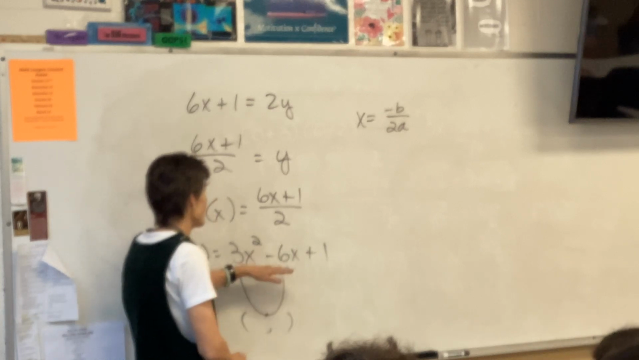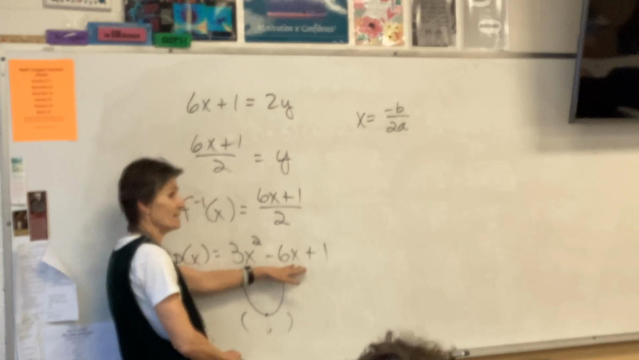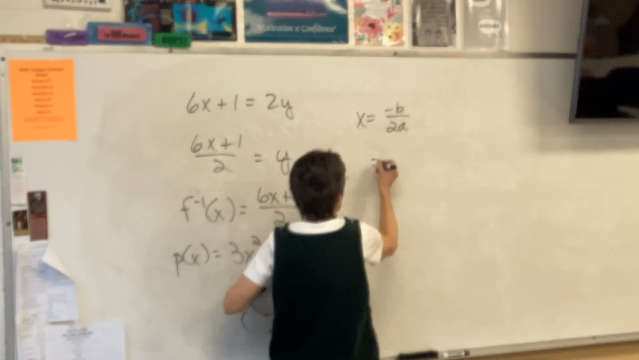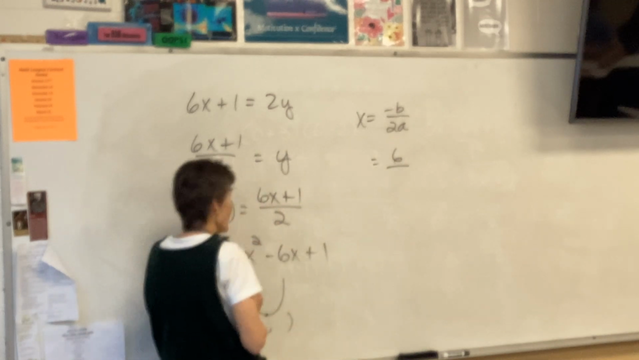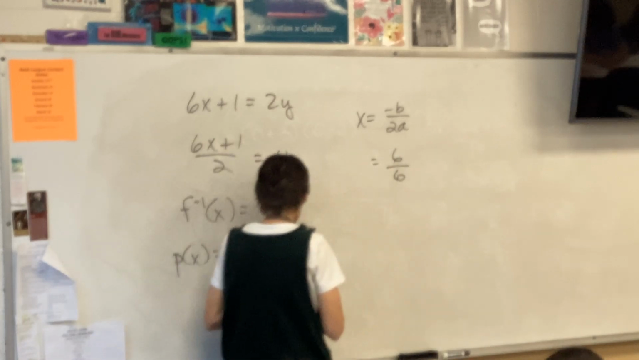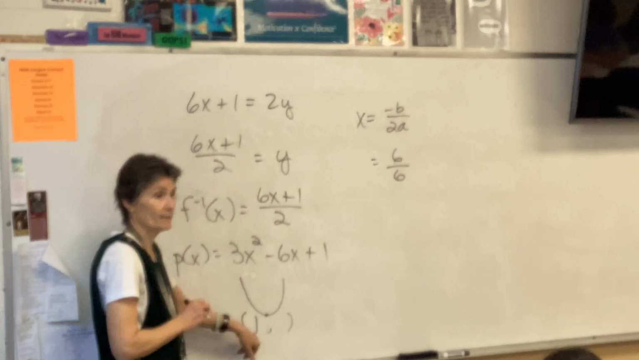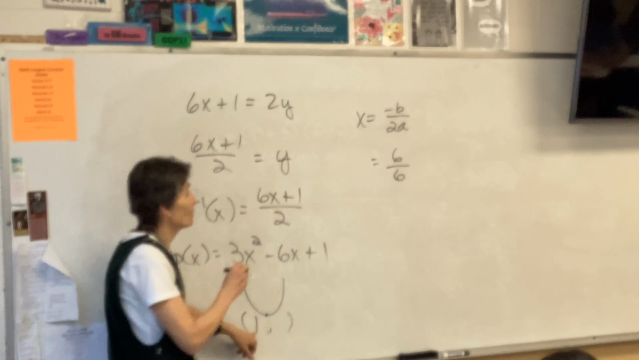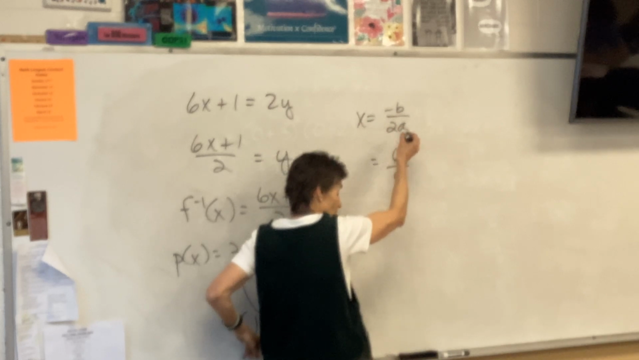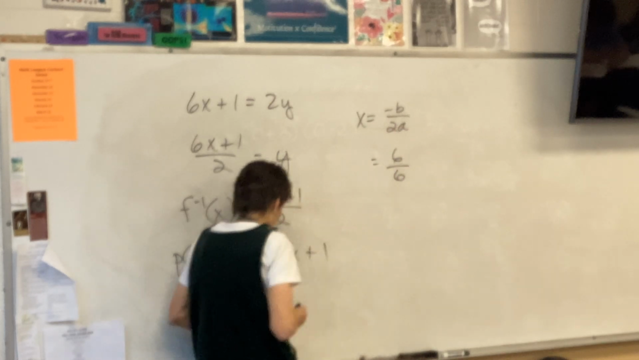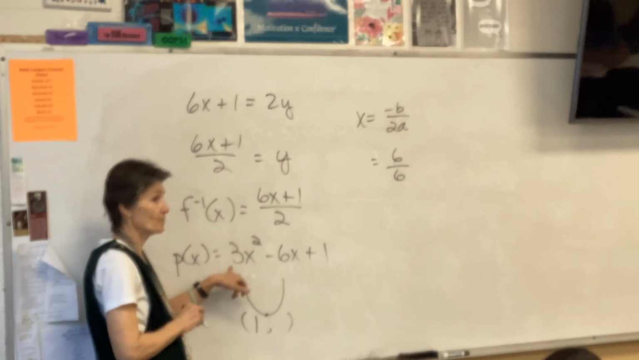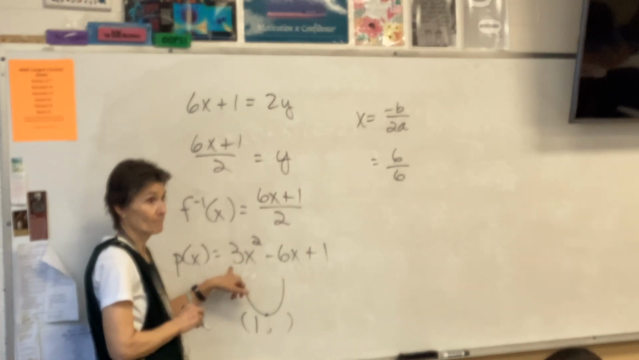Okay, so in my equation, negative b would be positive 6. And 2a would be 6. So it looks like my x coordinate is 1. Remember, the formula gives you your x coordinate. Then how do we find the y? Plug it into the problem. Now,